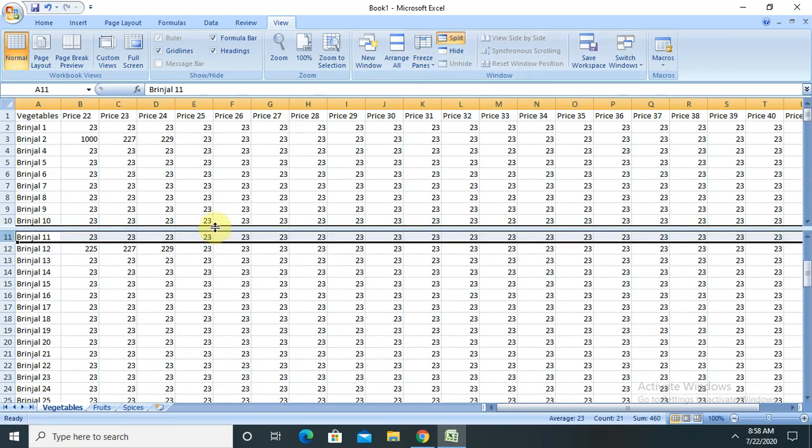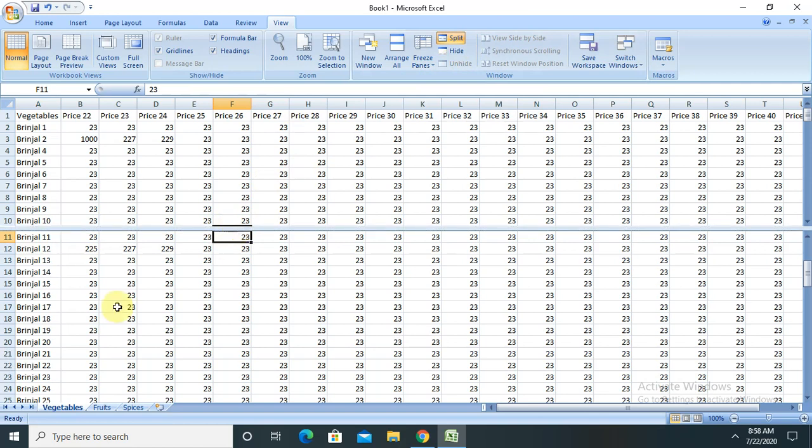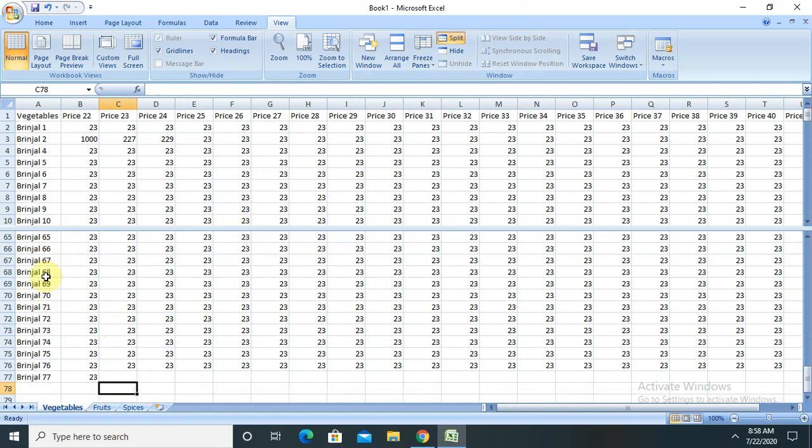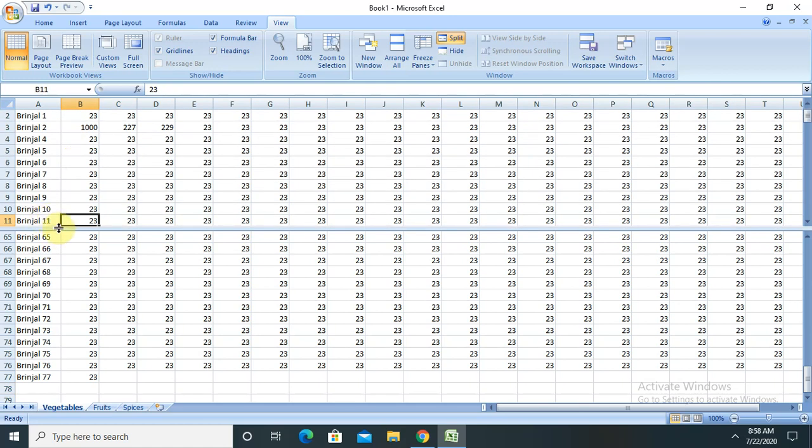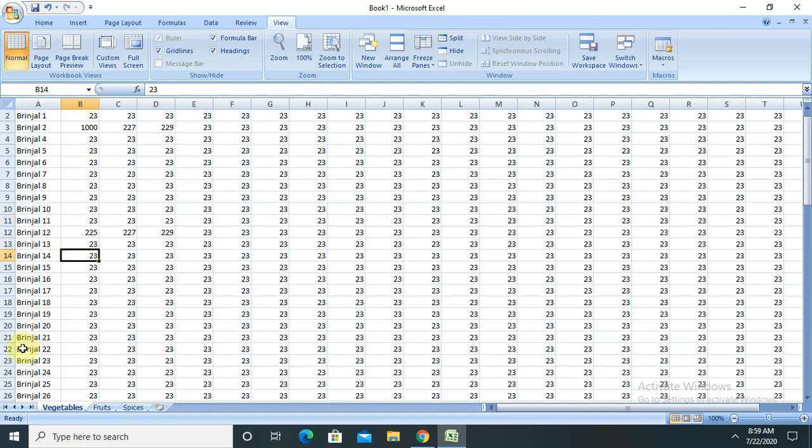You are able to see the sheet is split, and when we are working on this portion we can perform the operation here. When we try to go up, it is not performing. So let me double click on this and it is now unsplit.